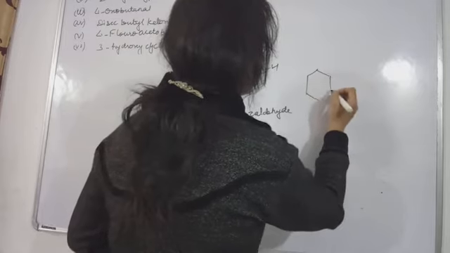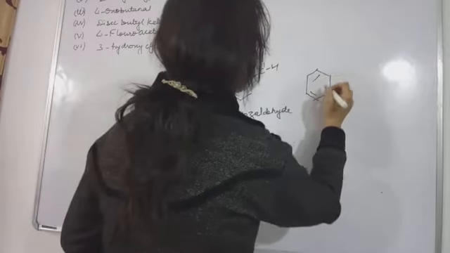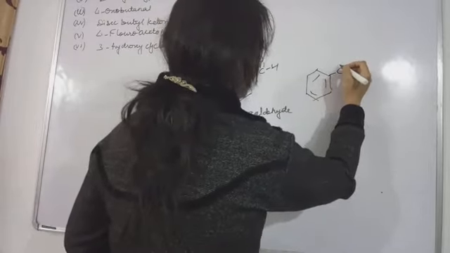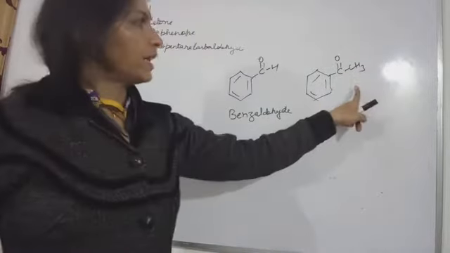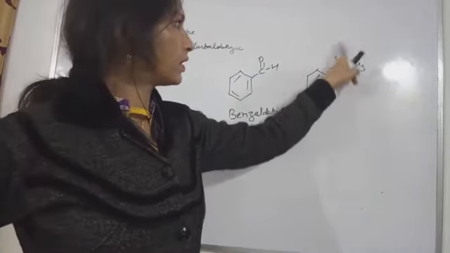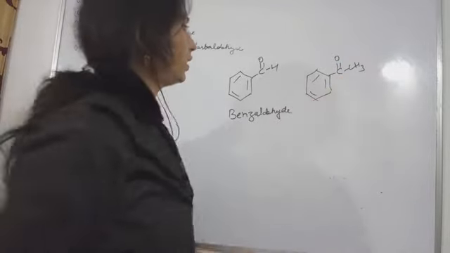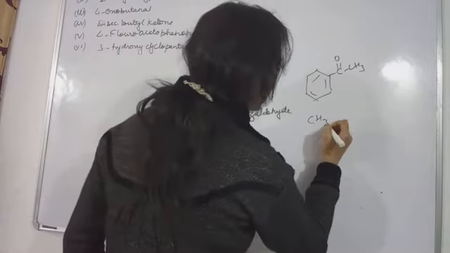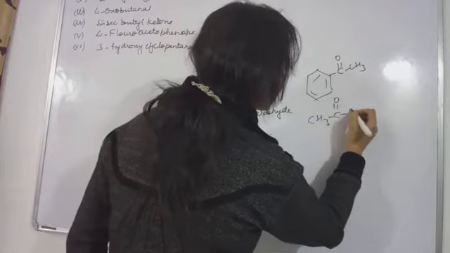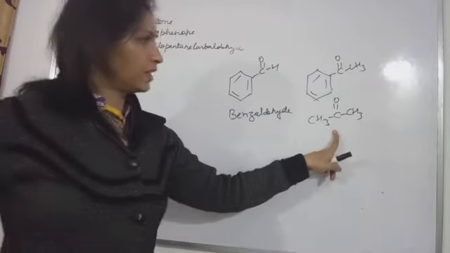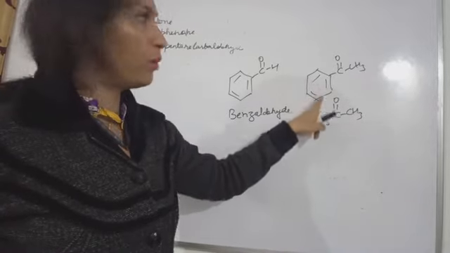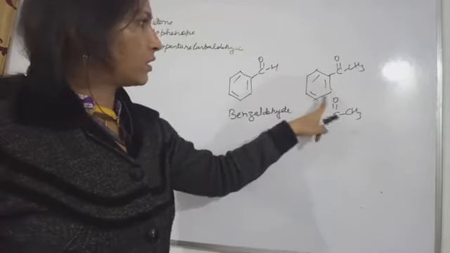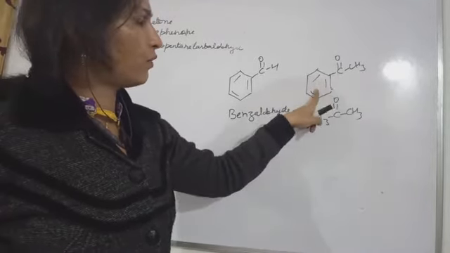Now, say this is acetophenone. If you are asked to write acetophenone, what structure are you going to make? See, this is acetone, and we all know acetone. In place of this alkyl group, we have this aryl group, or you can say the benzene ring. So this will be called acetophenone.